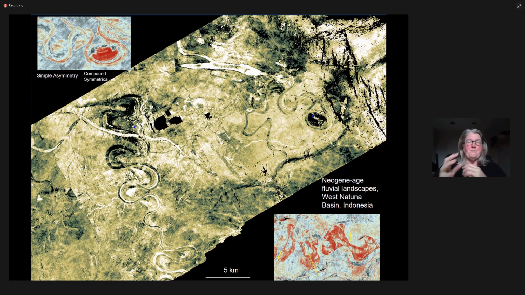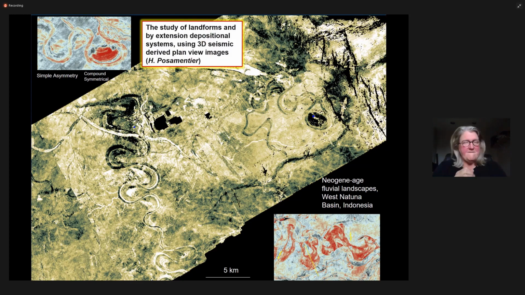So Henry Posamentier sort of coined some ideas about seismic geomorphology, and I hate to call him the grandfather of seismic geomorphology because he's not that old and he's still running marathons. But he's hanging out now in Bodega Bay, so if you ever want to see him, you can stop in and see him there. But Henry and I shared a lot in common, but one of the things that we shared in common was we were both geomorphologists.